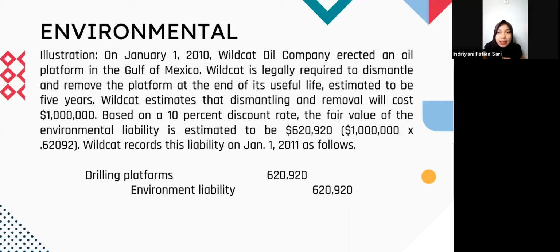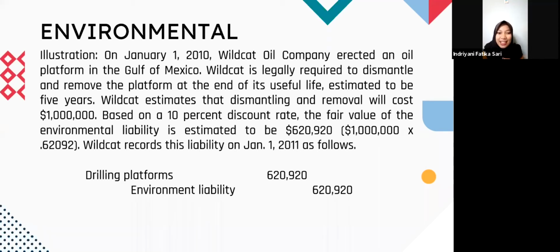Measurement. A company initially measures an environmental liability at the best estimate of its future costs. Recognition and allocation. To record an environmental liability, a company includes, first, the cost associated with the environmental liability in the carrying amount of the related long-lived asset, and two, records a liability for the same amount. Okay, for the example